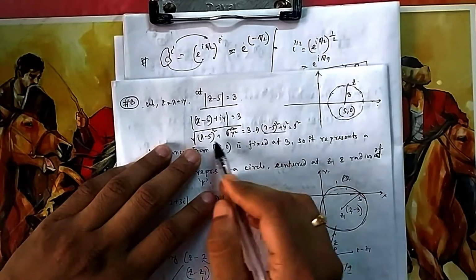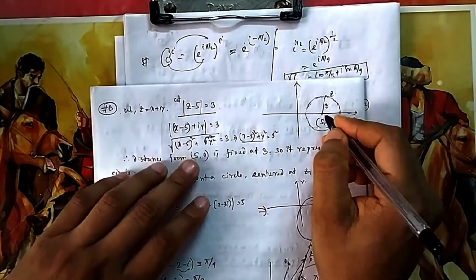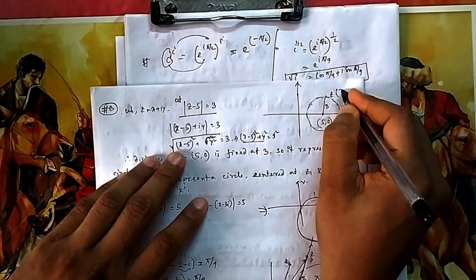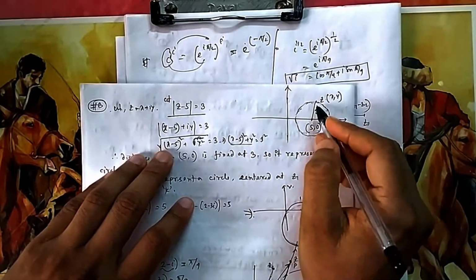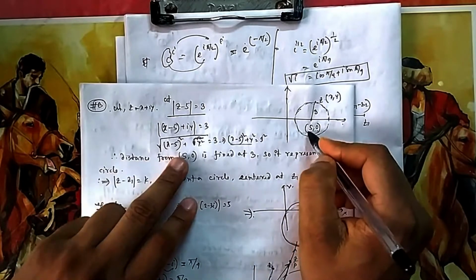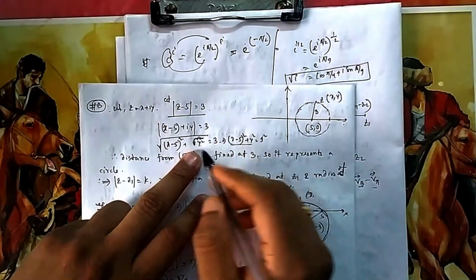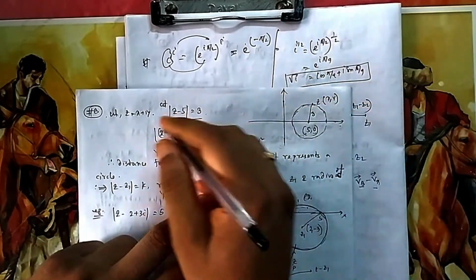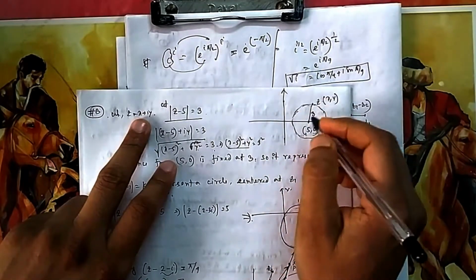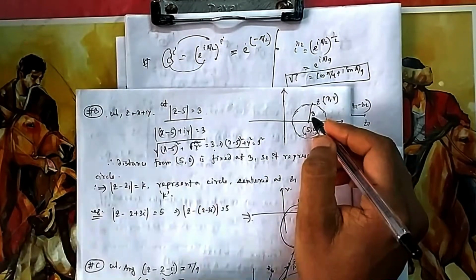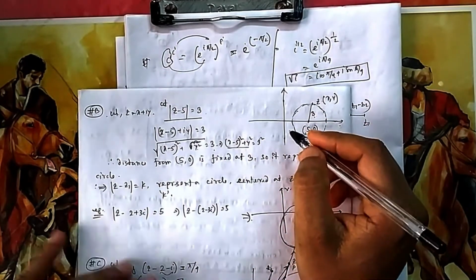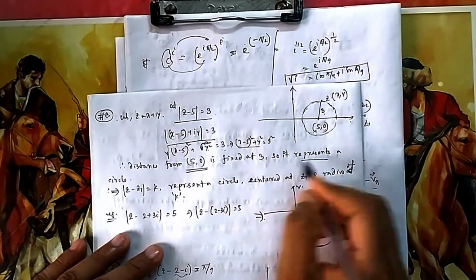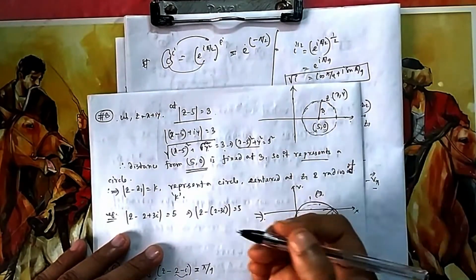And what is the meaning of this? If you take coordinate geometry, suppose 5 is the point 5 comma 0, and suppose this is my z, which was x comma y, that is x plus iy. The distance between these 2 points in coordinate geometry is the square root of x minus 5 whole square plus y minus 0 whole square. So that distance is given as 3. So z can lie in such a way that the distance from this point always remains fixed, that is 3, which means it is nothing but a circle. Distance from 5, 0 is fixed, which is the radius. So it represents a circle with center at 5, 0 and radius 3.